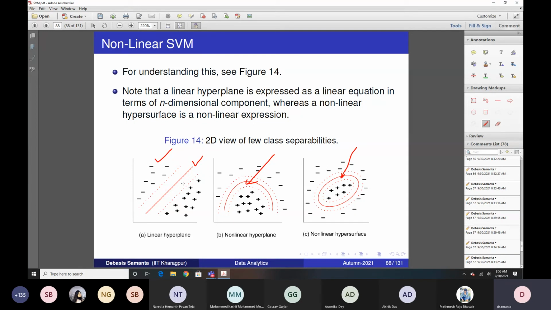So if it is y equals ax plus b, or y square equals ax plus b, or x square by a plus y square by b equals 1, in each case we know the model parameters a and b. In this case also you can tell me two model parameters a and b. Then what is wrong with that? I can think that, okay, this is one.